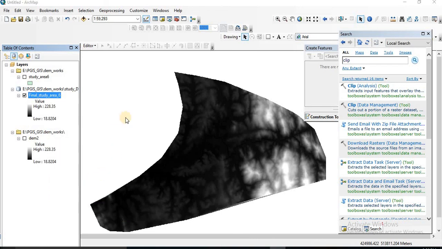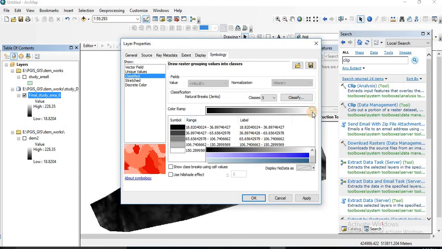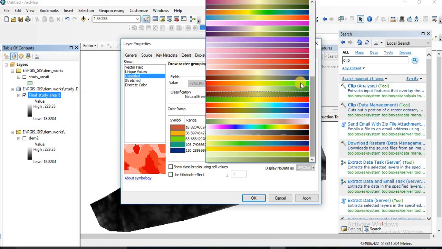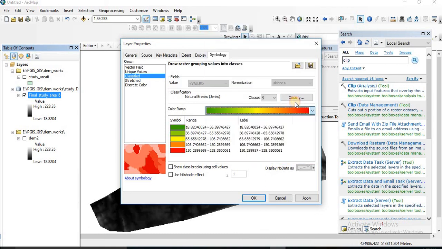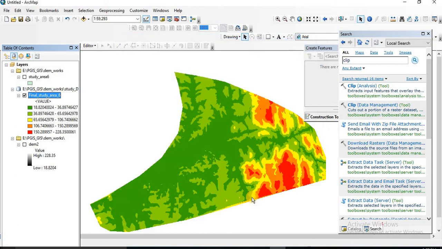Go to Properties, use hillshade. This is our final result.